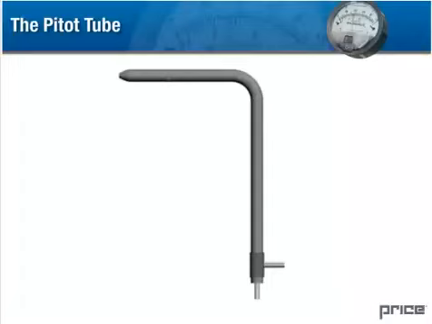Pressure measurements are often made with a device called a pitot tube. The pitot tube can be used to measure all three types of pressure depending on how it is connected to an inclined manometer. In this cross-section of a standard pitot tube, we see that it is really two tubes in one